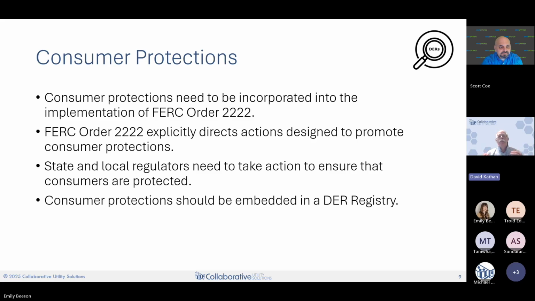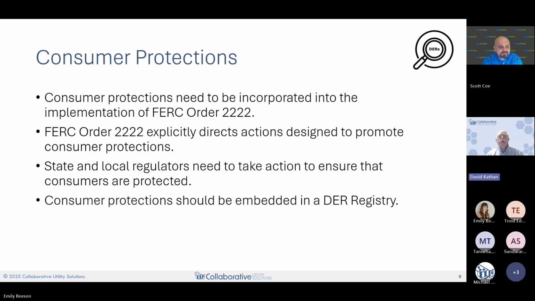Fundamentally, consumer protections will be core to the implementation of Order 2222 and DER integration into the grid, and they need to be incorporated into the implementation. FERC itself in Order 2222 explicitly directs actions designed to promote consumer protections, and I'll walk through a few of those in the next slide.